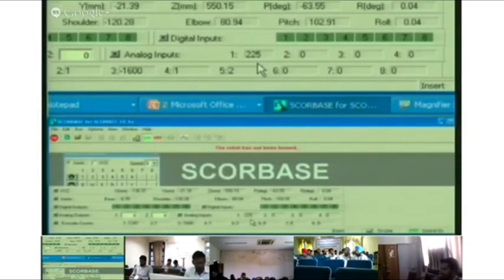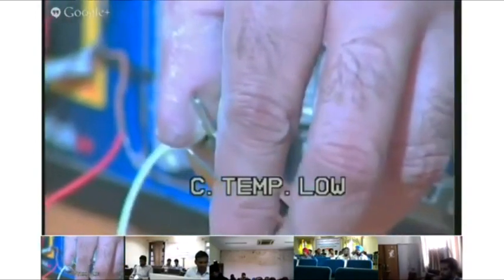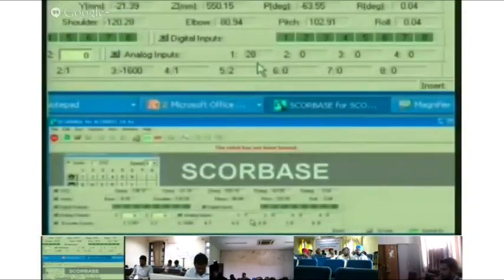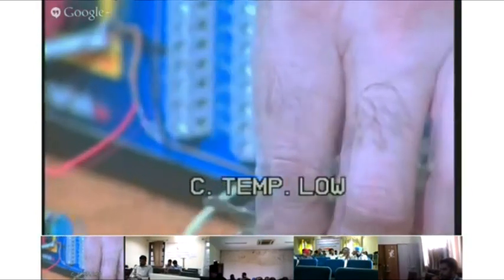So what we are doing, we are actually capturing the displacement of the slider in the form of an analog signal in our PC.